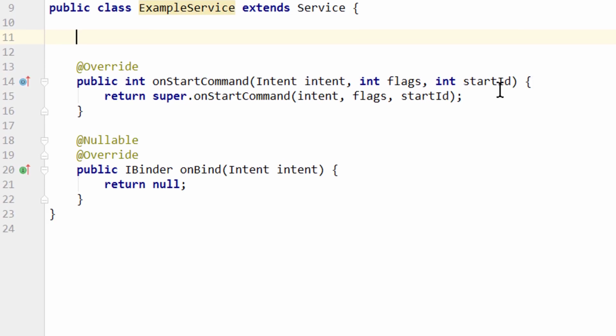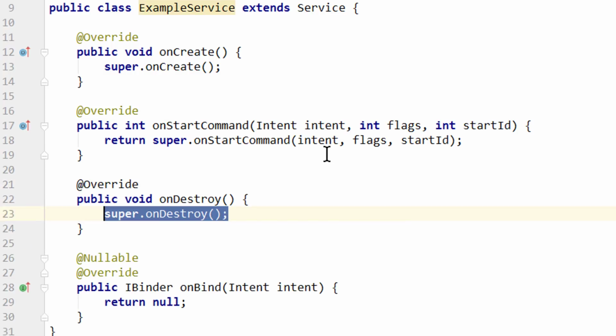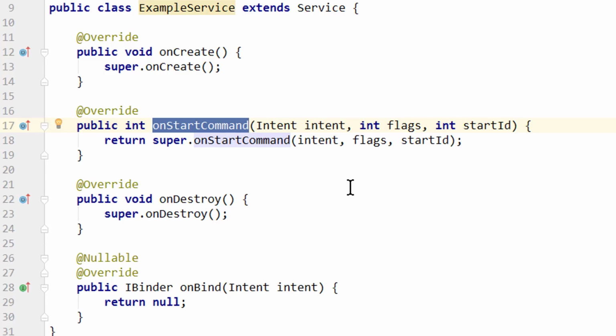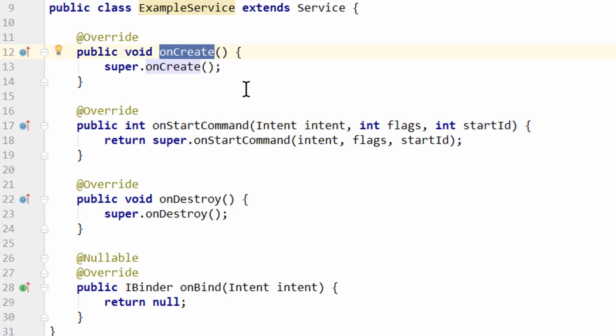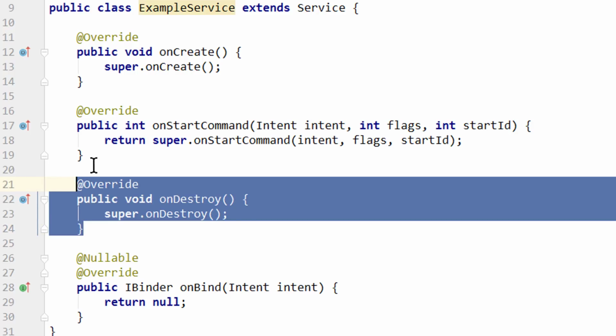Now there are two more lifecycle methods that we can override, onCreate and onDestroy. onCreate will be called the first time we create our service. onStartCommand, on the other hand, will be called every time we call startService on this service. We can actually do this multiple times, and every time pass an intent to it with new information. And every time we do this, onStartCommand will be triggered, but onCreate only one time in the lifecycle of the service. When our service is stopped, onDestroy will be called, and when we then create a new service, onCreate will be called again. We will keep onCreate and onDestroy empty in this example, and instead we will just take